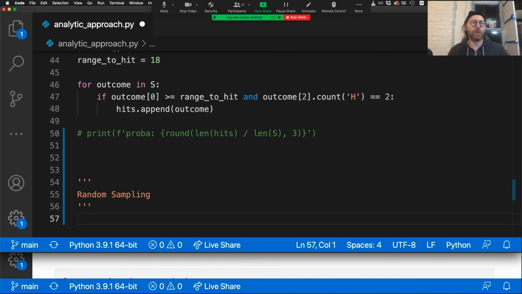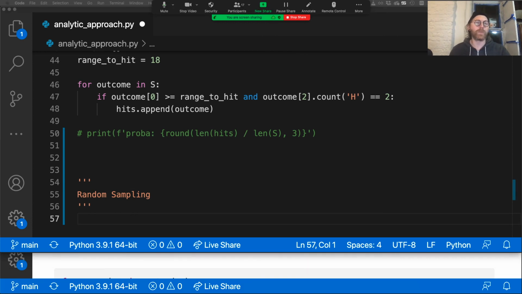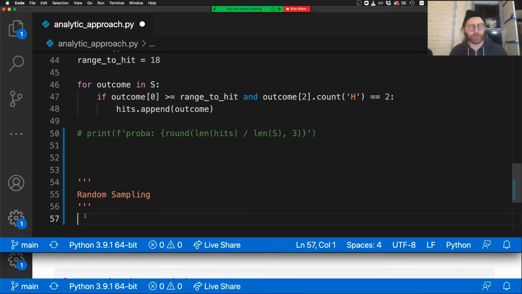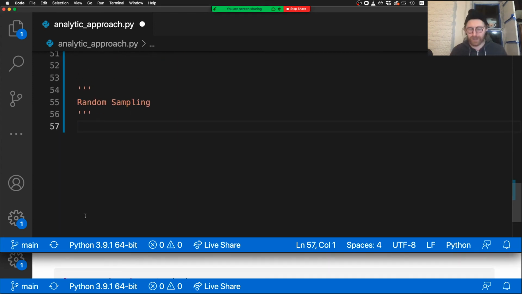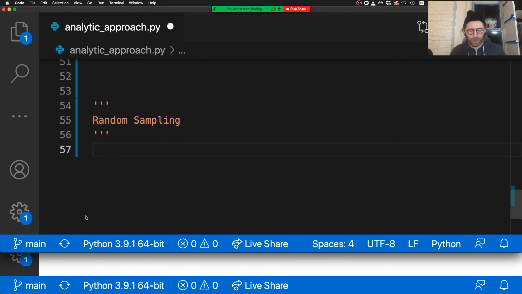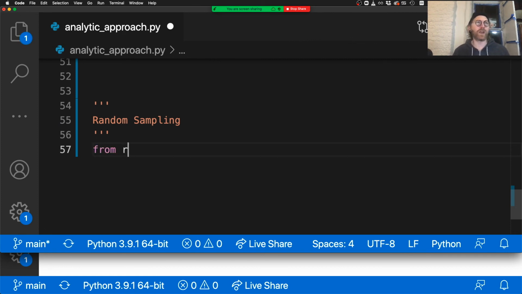In this case, we're going to use choice from the random library, and this is one of those functions that you want to have familiarity with. We're going to use it a bunch in the next few days. So I'm going to say from random import choice, and I'm going to write a function here